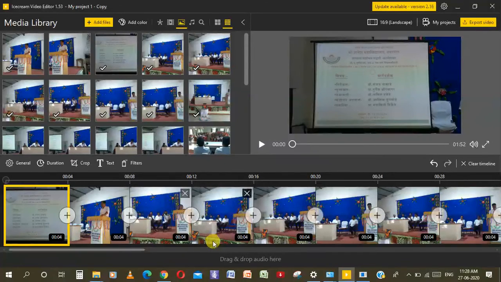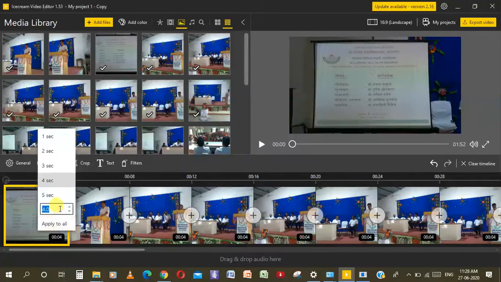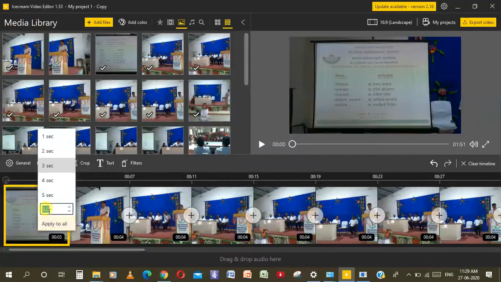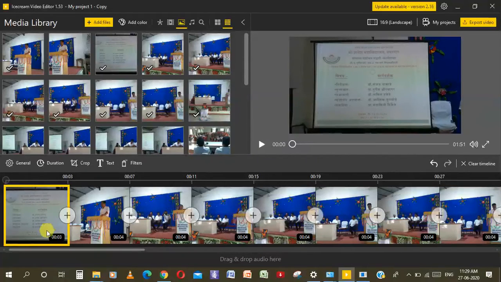Look, all the images will be for 4 seconds. Say you want 3 seconds, click on apply to all with 3 seconds. Now all the images will appear for 3 seconds. So in this way we have selected all the images for the slideshow.